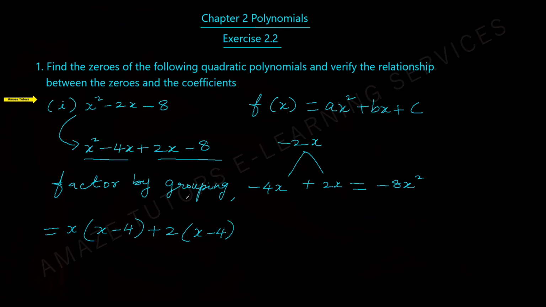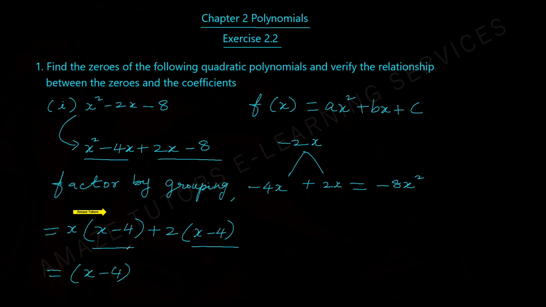Whenever you do factor by grouping, I'll give you some hint to check whether you are going correctly. These two brackets should be the same. Then only all your previous steps are correct. If the two brackets are different, there is something wrong with your previous steps. You can go back and recheck. Because only if these two brackets are the same, you can do the next step, which is taking out that bracket.